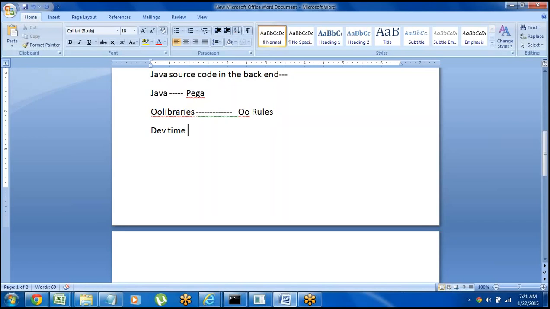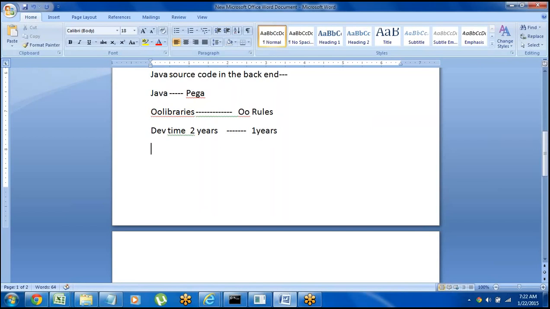For example, development time and cost: in Java, if it takes 2 years, in Pega we can complete it within 1 to 1.5 years. So the development time is very less, and at the same time production cost will also be very less. That is one of the major advantages.